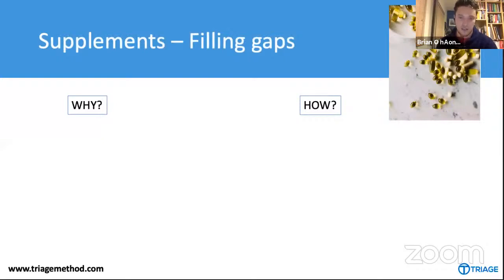I'll probably cover this section first because it might answer some questions that might have come up. So I'm going to cover supplementation, and then I'll stop again for questions, because there may be questions about supplements themselves. So the first point on supplements, it says filling gaps, right? As I've alluded to already, if your iron intake is low and you're not getting enough through your diet, and that's making you anemic, then that is a gap to be filled potentially with supplementation. So this is supplementation for optimizing health, let's say.